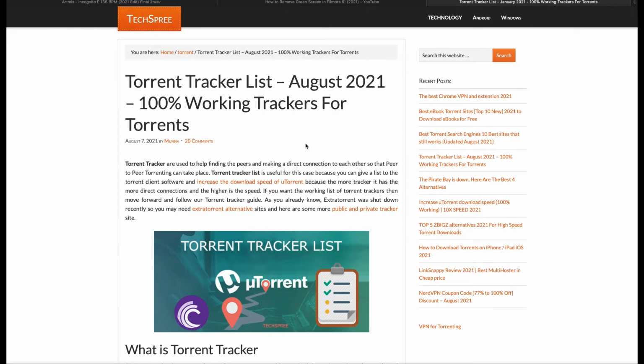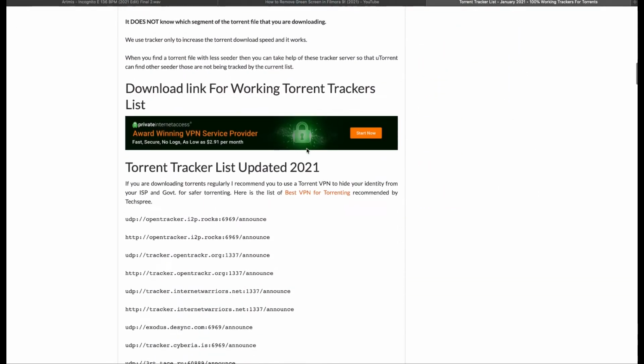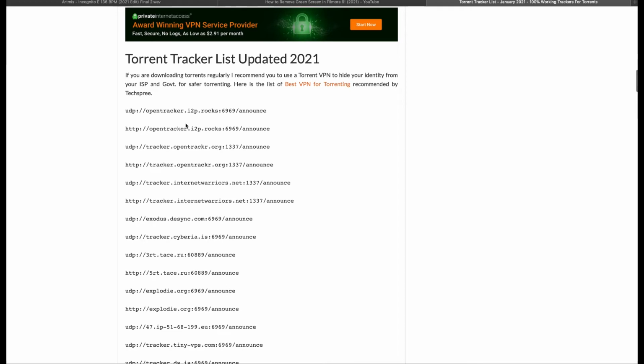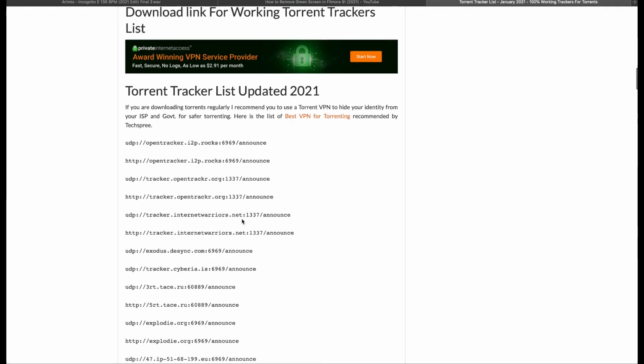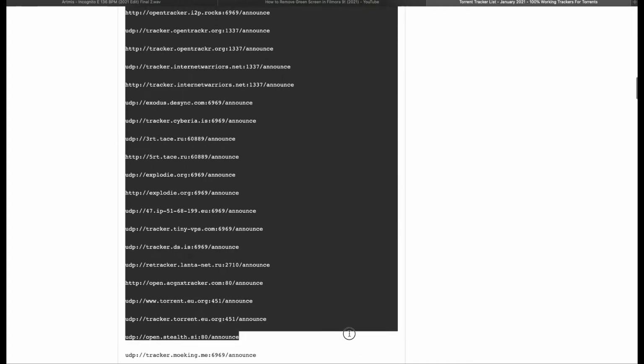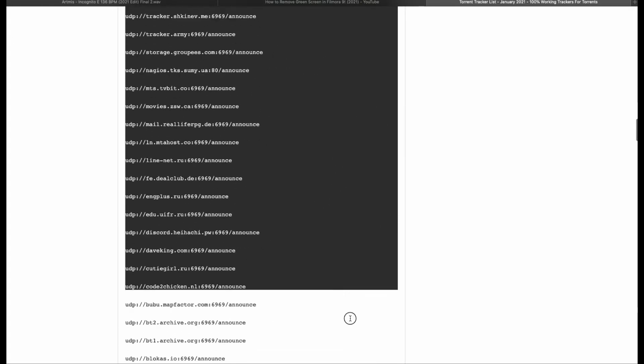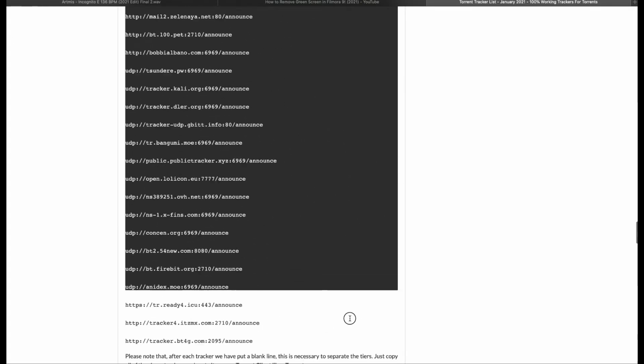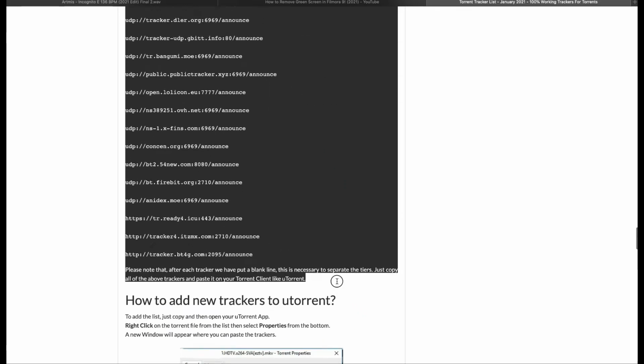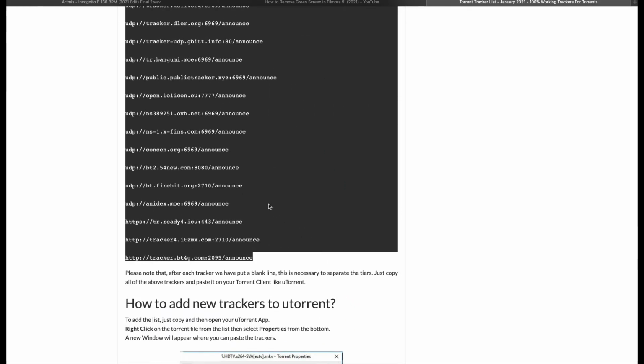So what you need to do first is go and scroll down until you see all of these addresses. What you need to do is copy those addresses. You can go down to the end. After you copy all of them, Command C or Control C, or by using copy, you can go to your